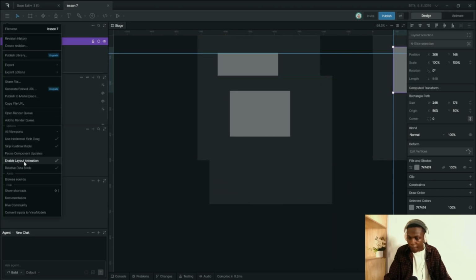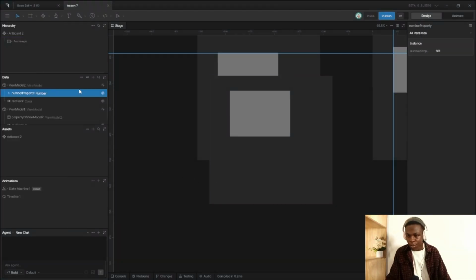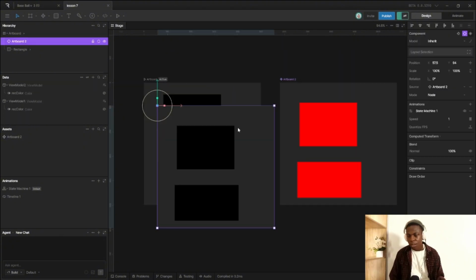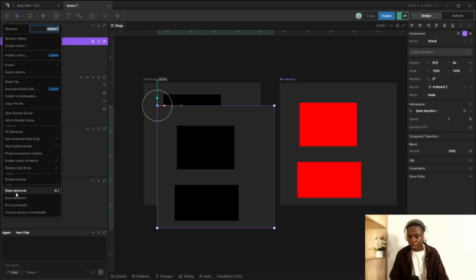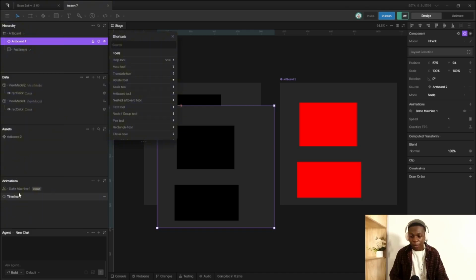So we have enable layout animation. We are going to get into that by the time we start to work on layouts and animation. The option of relative data binding is what I've explained previously. So that's all there is when it comes to the file menu. The others are pretty much straightforward. You can check the shortcuts and